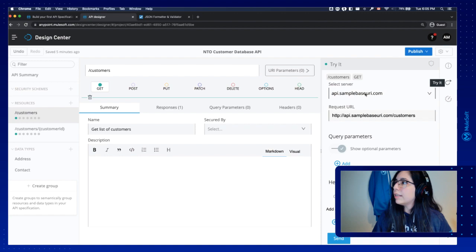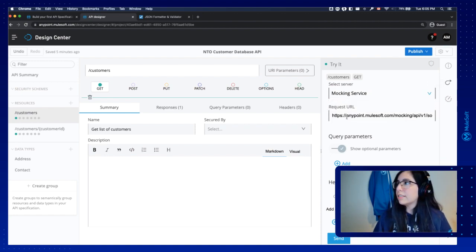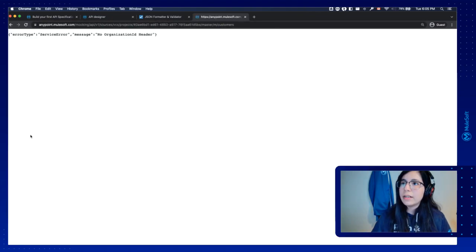So if we select the server, we can select mocking service, and this will create a request URL. So if I copy this and open a new window and paste this, for example, if I run it,